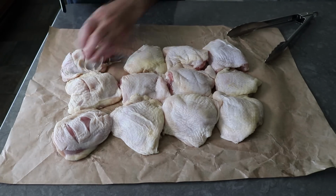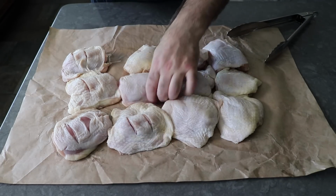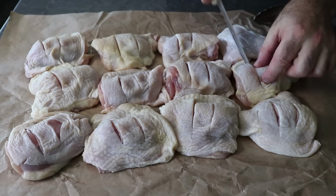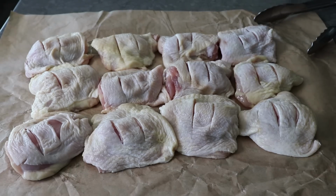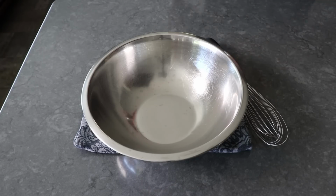Oh, and I should mention, the original recipe is done by cutting up whole chickens, pretty much like we would do if we were making fried chicken. But for me, the thighs are the most user-friendly choice. And we don't have to worry about the white meat drying out while we're waiting for the dark meat to cook through. But anyway, once our chicken's prepped, we can move on to this very simple but incredibly delicious marinade,